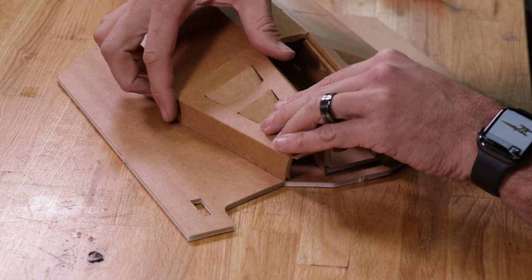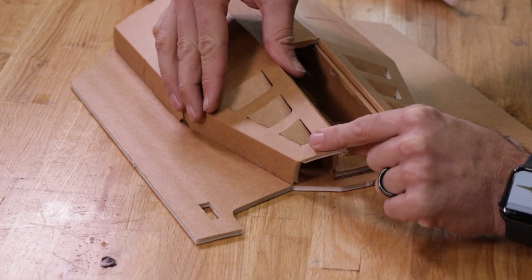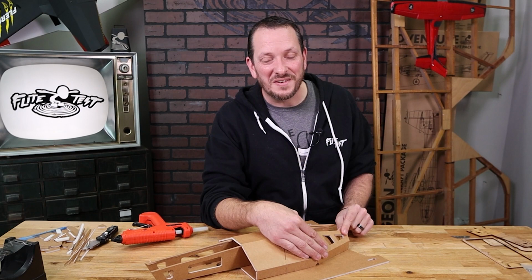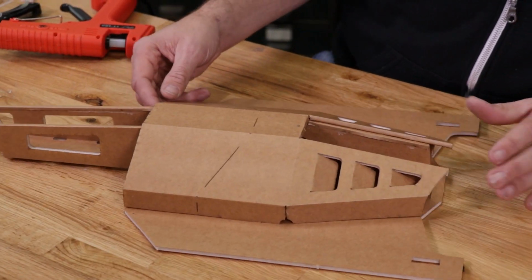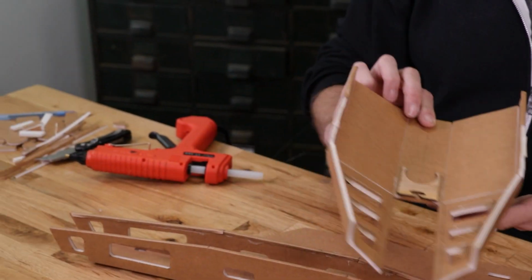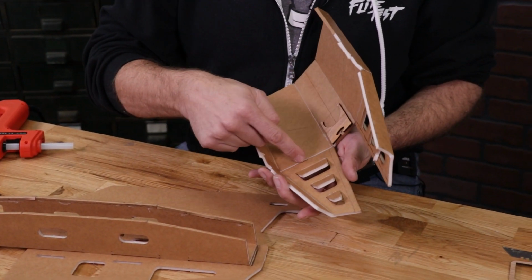Find our marks again, nice and flush in the front, right at the point in the back, firmly against the upper bay in the middle. Give us about 30-40 seconds and we'll move on to our next step. Now that these pieces are down, we can carefully go ahead and lift up and the whole entire piece should lift off for us. At this point, we can come back with any glue and we can reinforce along these